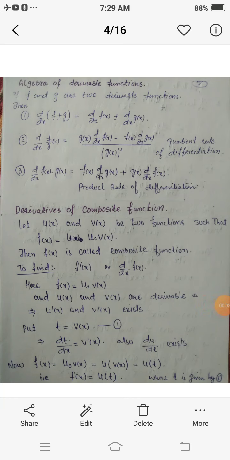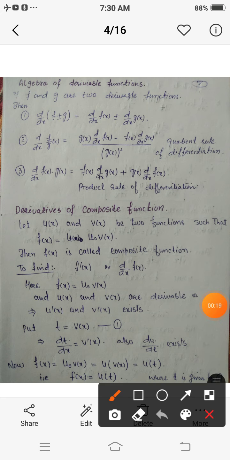Dear students, today we are going to discuss algebra of derivable functions. You know that a derivable function is that function whose derivative exists at each and every point of its domain. Let f and g be two derivable functions, that is, the derivatives of these two functions exist over their domain. Then the first is